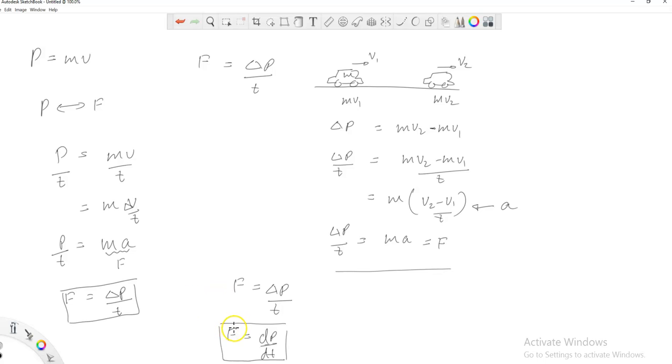So here's another way to explain force. Newton's second law says F equals ma. Same thing, Newton's second law, we can explain it using momentum change over time. That's another way of explaining Newton's second law. Okay,